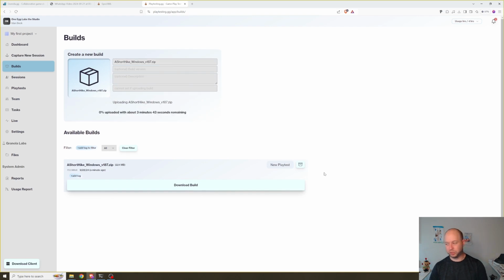Again, this is such an important aspect of the platform. This is literally how you get the game into our system. And so without this, nothing works. So this is really, really important, and we made it as easy as possible to just upload the zip file,